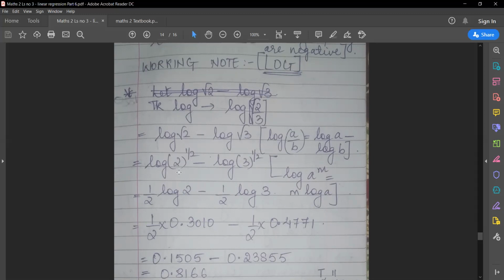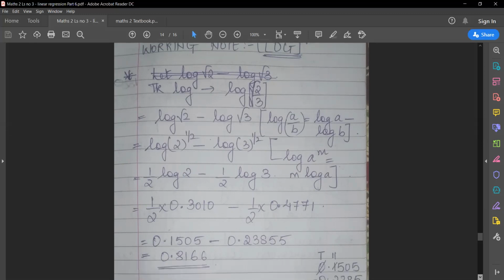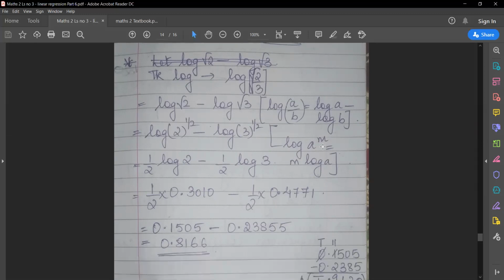Now square root is nothing but it can be written in another name as raised to 1 upon 2. Cube root hota to raised to 1 upon 3. Like this you can write. Now there is another property of log which tells log a raised to m. Anything raised to, in log, comes in front. आगे आ जाता है. मतलब log में जो भी term ऊपर रहता है हवे में, that comes in front. So log a raised to m can become m log a. तो ये दोनों half जो आपको ऊपर दिख रहे हैं, I have brought it in front like this. So this has become half log 2 minus half log 3.